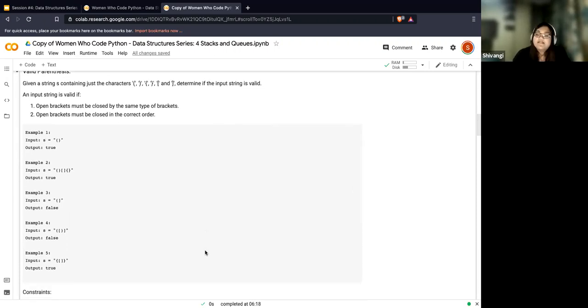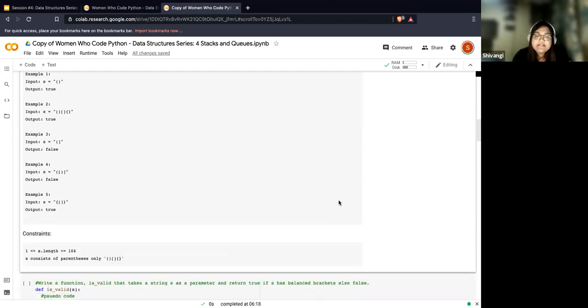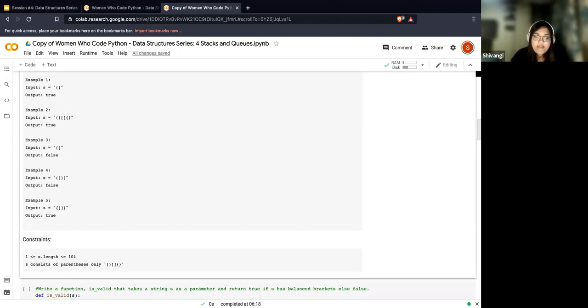So yes, the first implementation which probably comes to everyone's mind is probably counting things, right? If I count the number of opening and closing brackets, and if they're the same, I should probably return a true, right? And let's just run through the sample scenarios and understand what's going to happen.